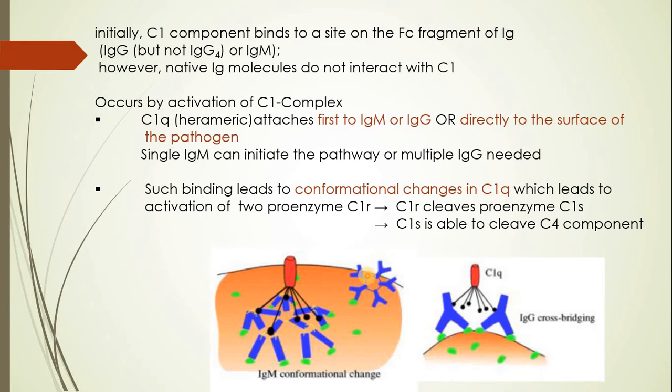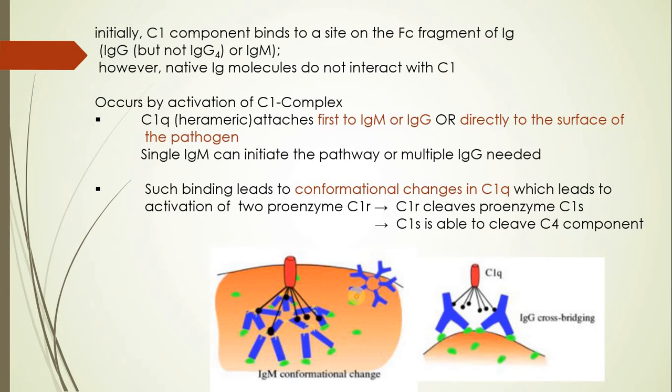Now this structure you can see is the IgM molecule. When IgM is bound with the membrane, it can interact; if it is in the soluble condition, then the complex C1 will not show its interaction with this IgM. So IgM should be seen bound with the membrane. So it is a membrane molecule or membrane antibody, you can say. C1 will be binding to the Fc once again. Which is Fc? These are the Fc regions of the IgM. You can see the green structures. Let us say these are the antibodies.